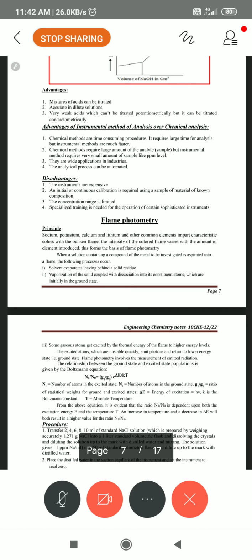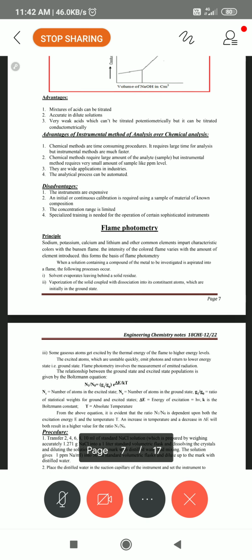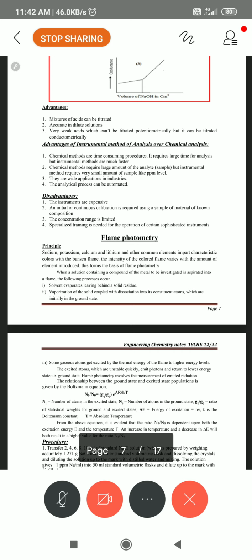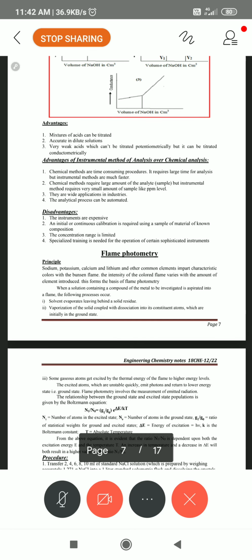Whatever unknown solution we have given to you, you keep under this aspirant pipe, the capillary tube. Immediately it starts to suck, and it will show the emission, whether it is 20 or 40 or 80, whatever. At that time we got 50, 56. It means after you plot it, on the y-axis you come across to its calibration curve corresponding very exactly to the x-axis. What you get is that much ppm of sodium is there in the given water sample.